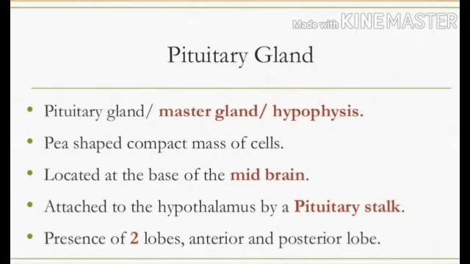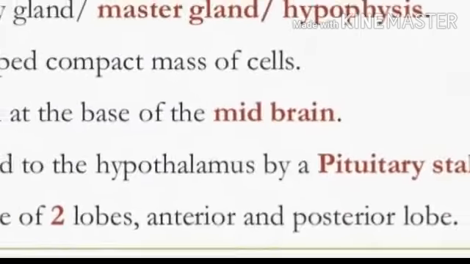This pituitary gland is composed of two lobes, which are situated at the posterior end and at the anterior end. The lobe which is present at the anterior side is known as the anterior lobe. It is also known as adenohypophysis. And the lobe which is present at the posterior side is the posterior lobe, and it is also known as neurohypophysis. So these are the two lobes which are present on the pituitary gland. Already we saw this pituitary gland controls and regulates other glands, hence it is known as master gland.